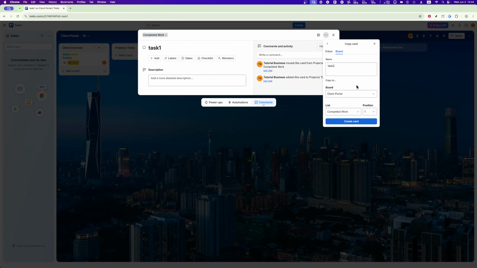After that, pick the specific list where the new card should appear. For example, you might choose the to-do list if this is a new task, or the doing list if it's something already in progress. Once you've selected the list, you'll also need to set the position of the new card within that list. You can place it at the top, at the bottom, or even in a specific spot in between other cards. Before finalizing the copy, you'll have the option to decide which elements from the original card should